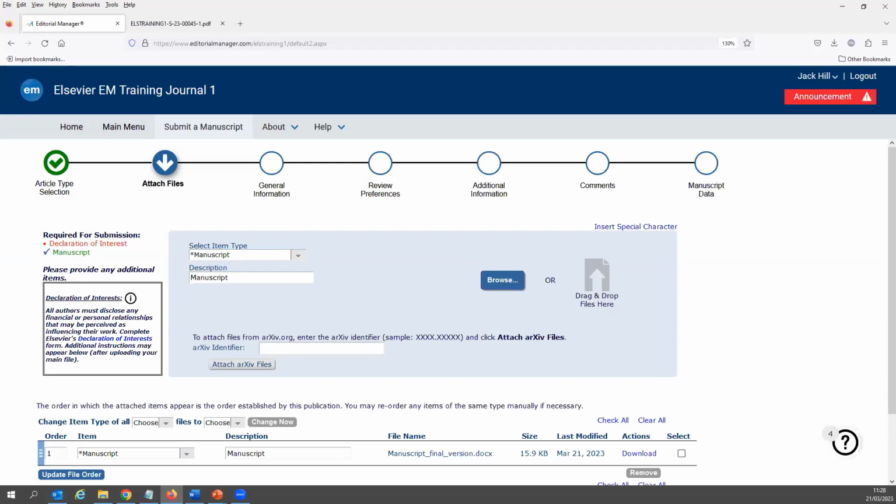So Elsevier now offers the declaration tool in Editorial Manager that quickly and easily helps authors create a comprehensive statement which incorporates the International Committee of Medical Journal Editors declaration standards. This statement can be uploaded as a Word document alongside your manuscript and will appear in your published article. To access the declaration of interest, you have to click on this link,